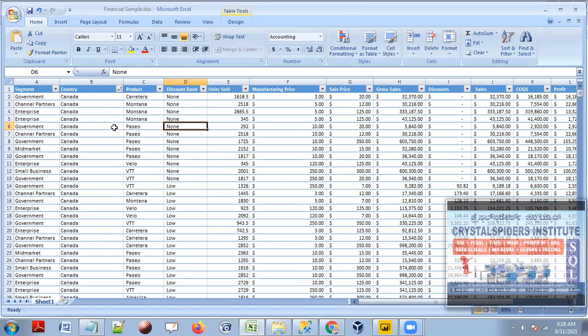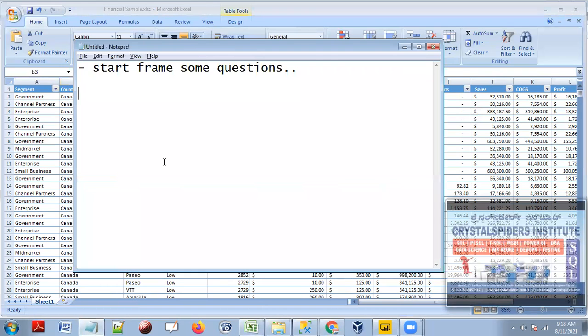See now here in this sheet, I'm going to put some questions. Let's say I want to see what is the total profit in Canada overall, for the product Montana. Let's say in overall Canada, what is the total profit? In overall country Canada, what is the total profit? I want to see that. So this is one question. Let's see how I am framing these questions. Identify, find out the total profit from Canada country. So this is my question.